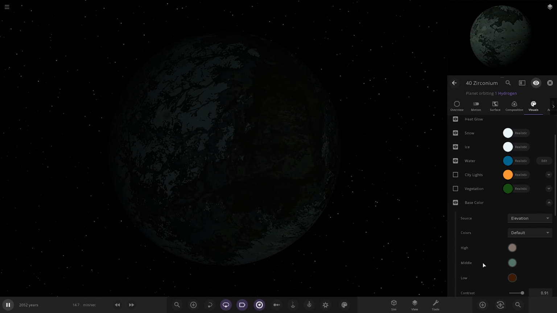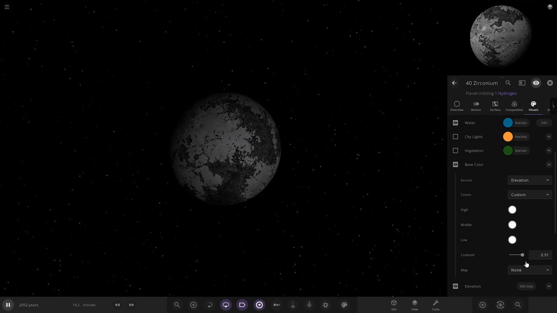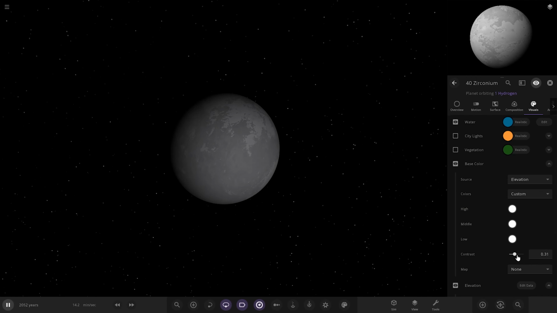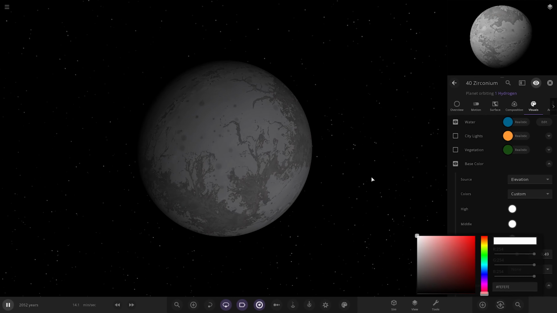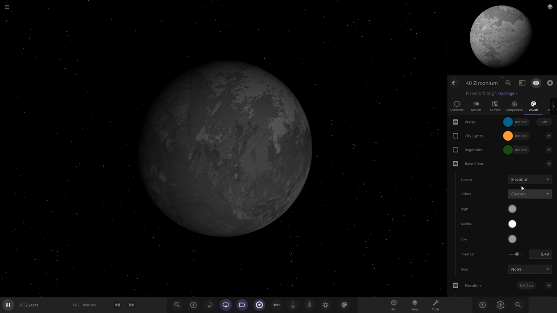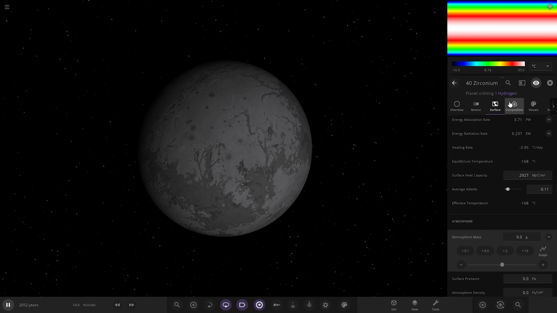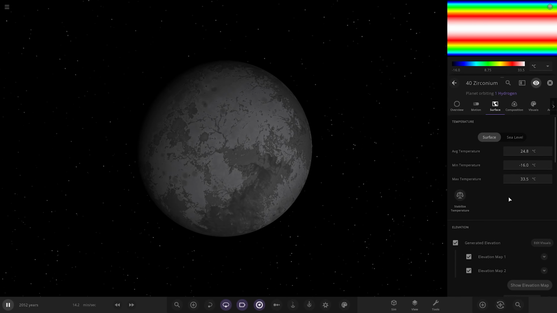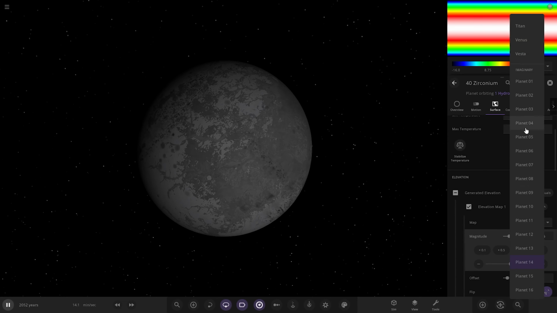So just fill it all up. That's the contrast, isn't it? So if we turn that down. Okay, so silvery grey. I'm not sure I like this texture. Okay, we'll do something a little different to finish up on, actually. So let's get rid of that. Right, so down here,